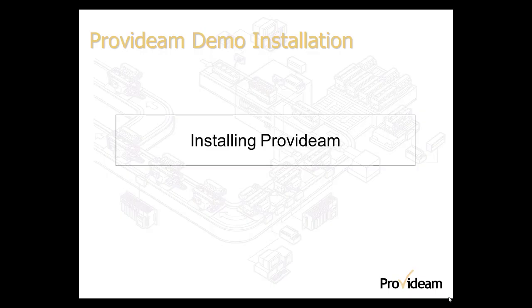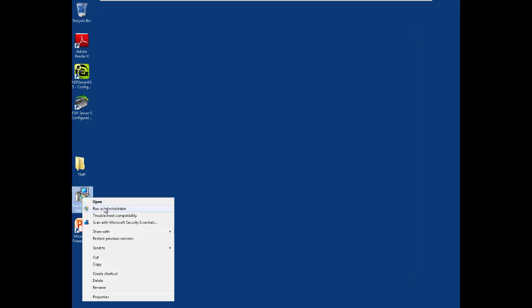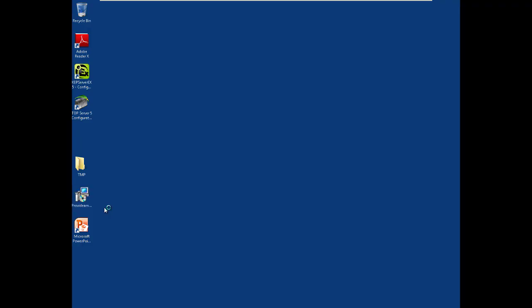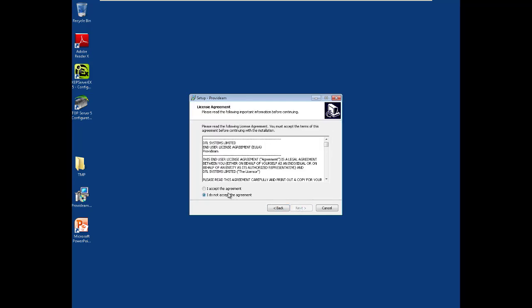So that's our next step. We are going to install the Provideam application. One thing to ensure is that you are actually going to run the application as an administrator. So if you right-click on the application, you'll get that option to run as an administrator, and then follow the steps through to install. So first we're going to accept the license if we agree,